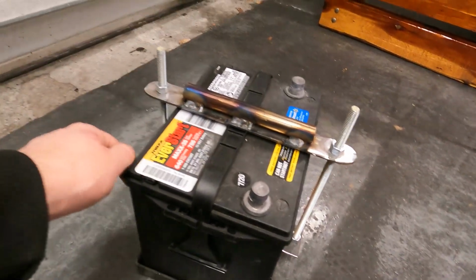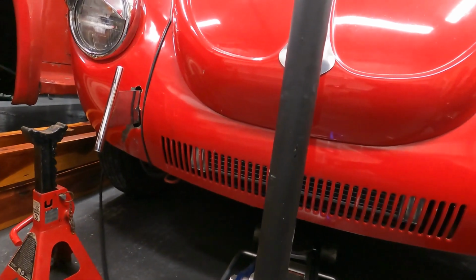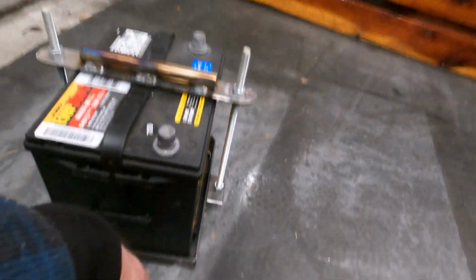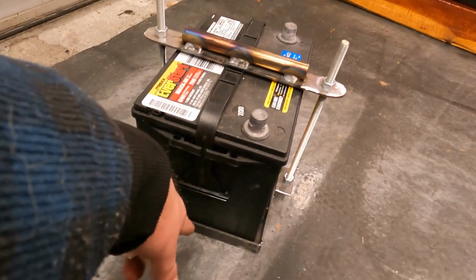So now that we have this all set, we'll do some finish welding at some point. But actually, I think the first thing we'll do is get it fitted up in the trunk. And I think originally I was gonna just weld it into the sheet metal. I think I'm gonna try to figure out a way to bolt it in